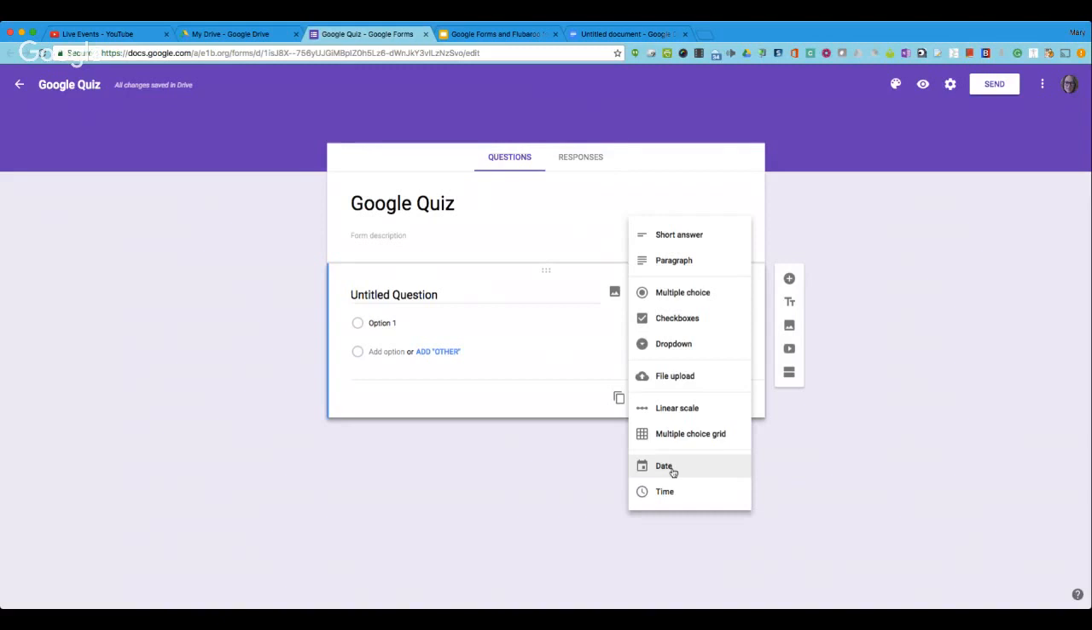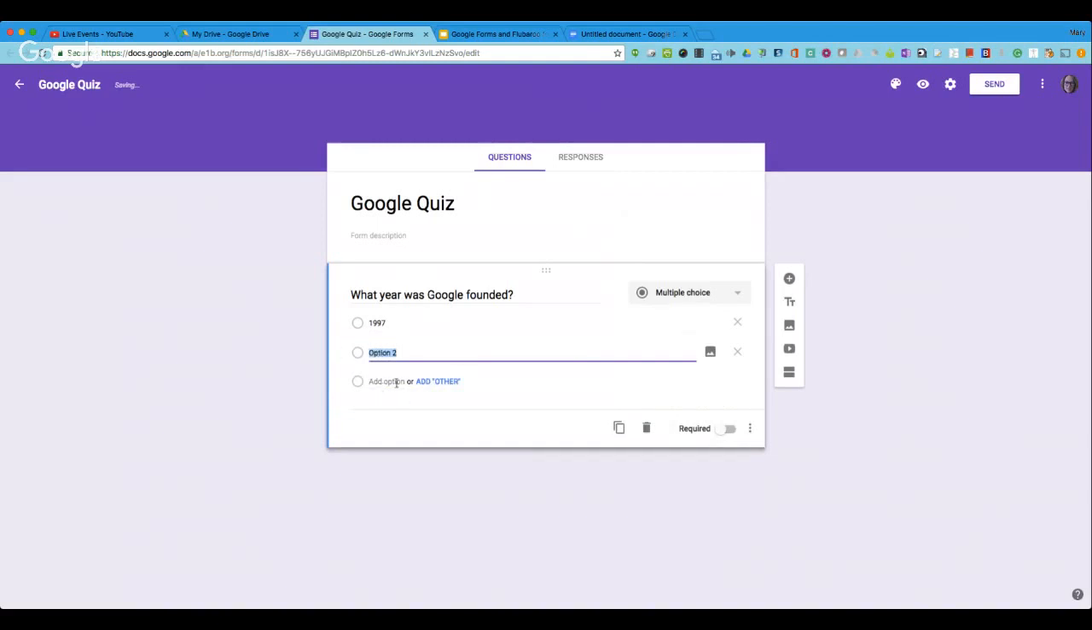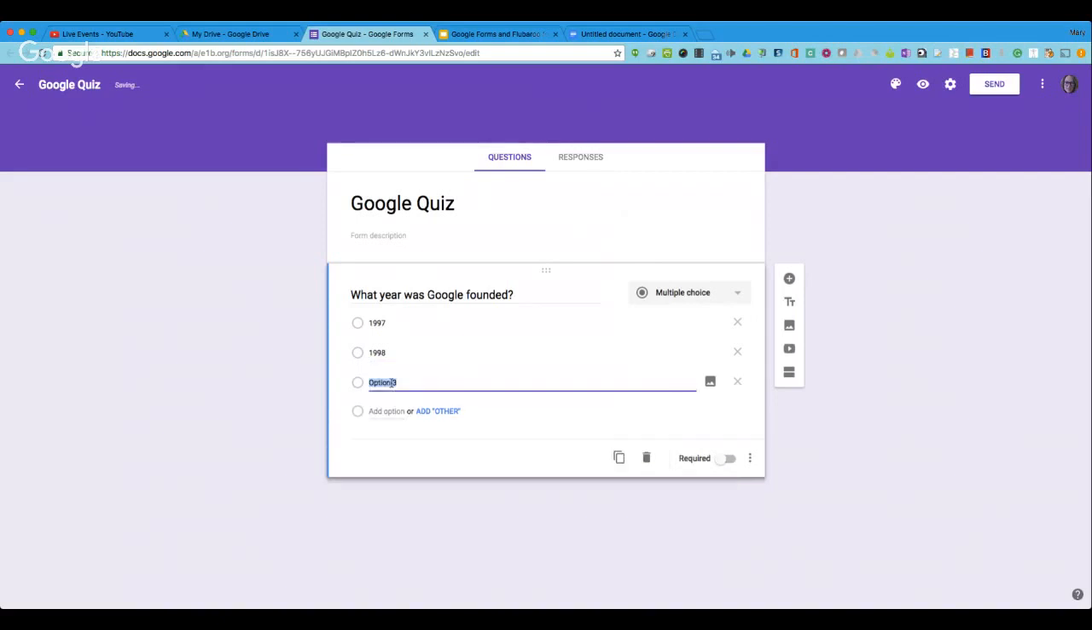You can also require students to put in the date, although that will be collected as well when they take the quiz. Okay, so I'm going to choose my first question, which is multiple choice. The question itself I'll ask is, what year was Google founded? Okay, and so here I'll choose my options. Let's see, 1997. And I can keep adding more options. 1998. 1999,